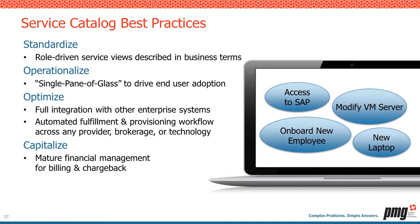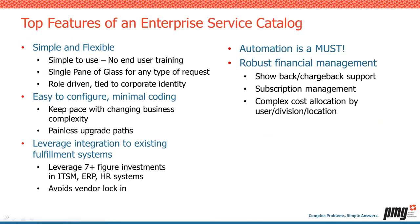And then finally is to capitalize. And this is a goal that a lot of clients have as they get their service catalog in place. Okay, we're providing all these services, but maybe the IT department doesn't have a budget. So where's the cost going to? So how can we charge back these services that we're providing to different departments? And not only that, if a new person comes online, they need to order a laptop, they need to order an iPad, displaying those prices to that end user to know what it's going to cost the company, which I know you guys are doing at ADI as well. So really good stuff. These are what we consider our best practices and things that ADI is doing with their current